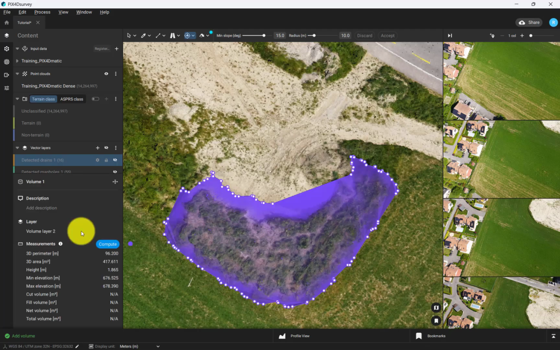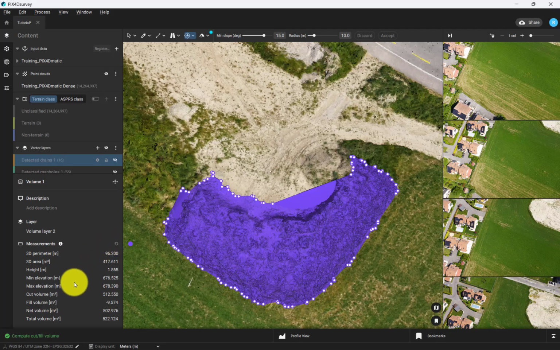As we saw before, we will see a new volume created in the content menu. To compute the volume calculations for this layer, click the stockpile annotation and click Compute. The cut volume is the amount of material that needs to be removed from the stockpile to arrive at the base. The fill volume is the amount of material necessary to fill a hole to arrive at the same level